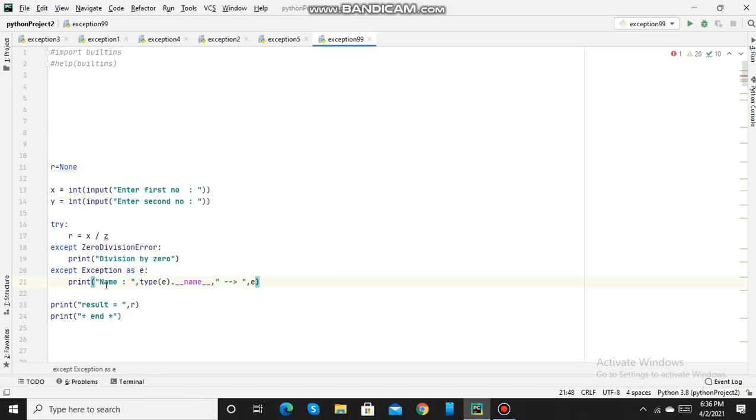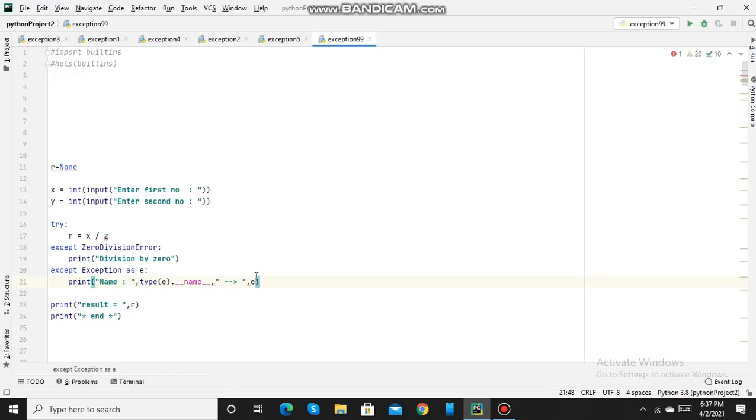So here I am printing the name of the error, that is type(e).__name__. This __name__ is a special variable. So the name of the error will be printed here.